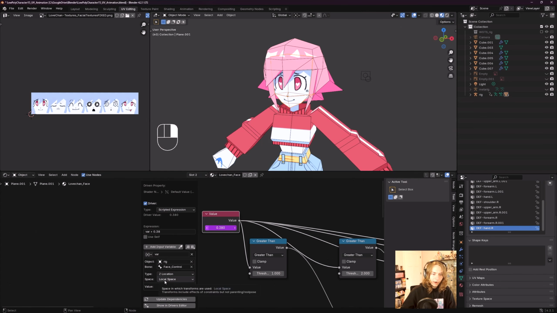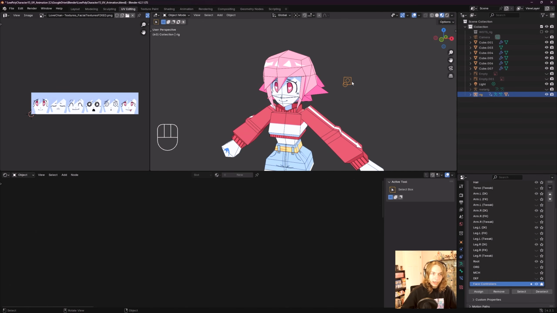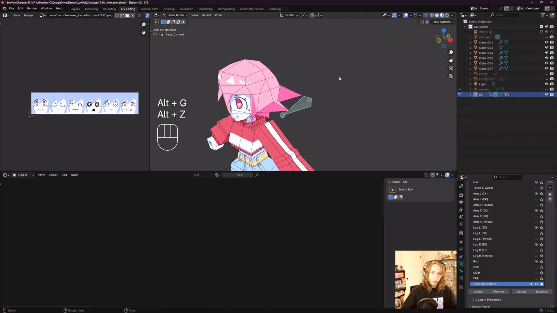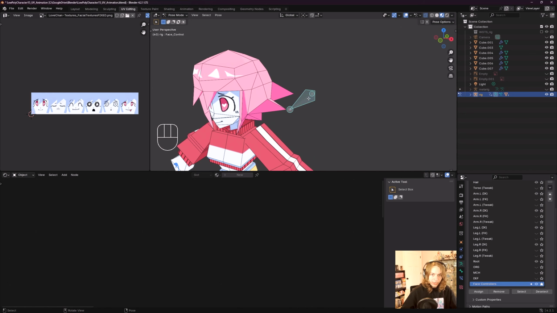So with all of that out of the way, something really cool is gonna happen here because we can click on our bone now, go into pose mode and move it around. And as you can see, nothing is happening unless we press Z and go down. Now we can see that it's actually changing the facial expressions on our character here, which is super awesome. However, it's only doing that when we go down on the Z axis, which is not really what we want, right? And to fix that, all I need to do is select my bone, press tab to go into edit